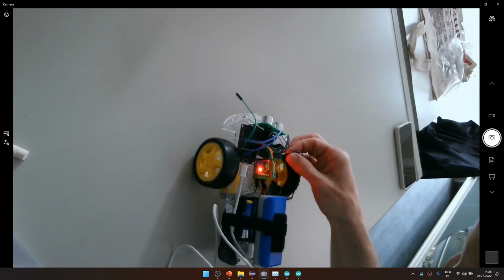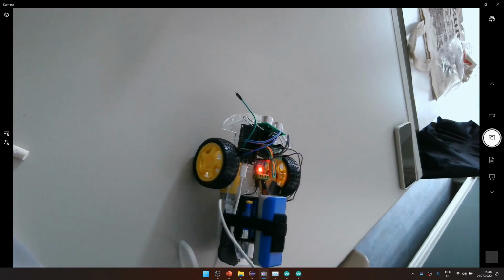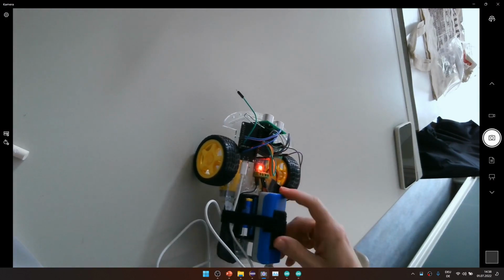We give power to the motors, and then we power up the Arduino, and then it goes forward. It's a bit crooked. And it stopped. So 100 times 100, that's 10 seconds? So it should go for 10 seconds, then stop and do the loop. I mean, it's not really going